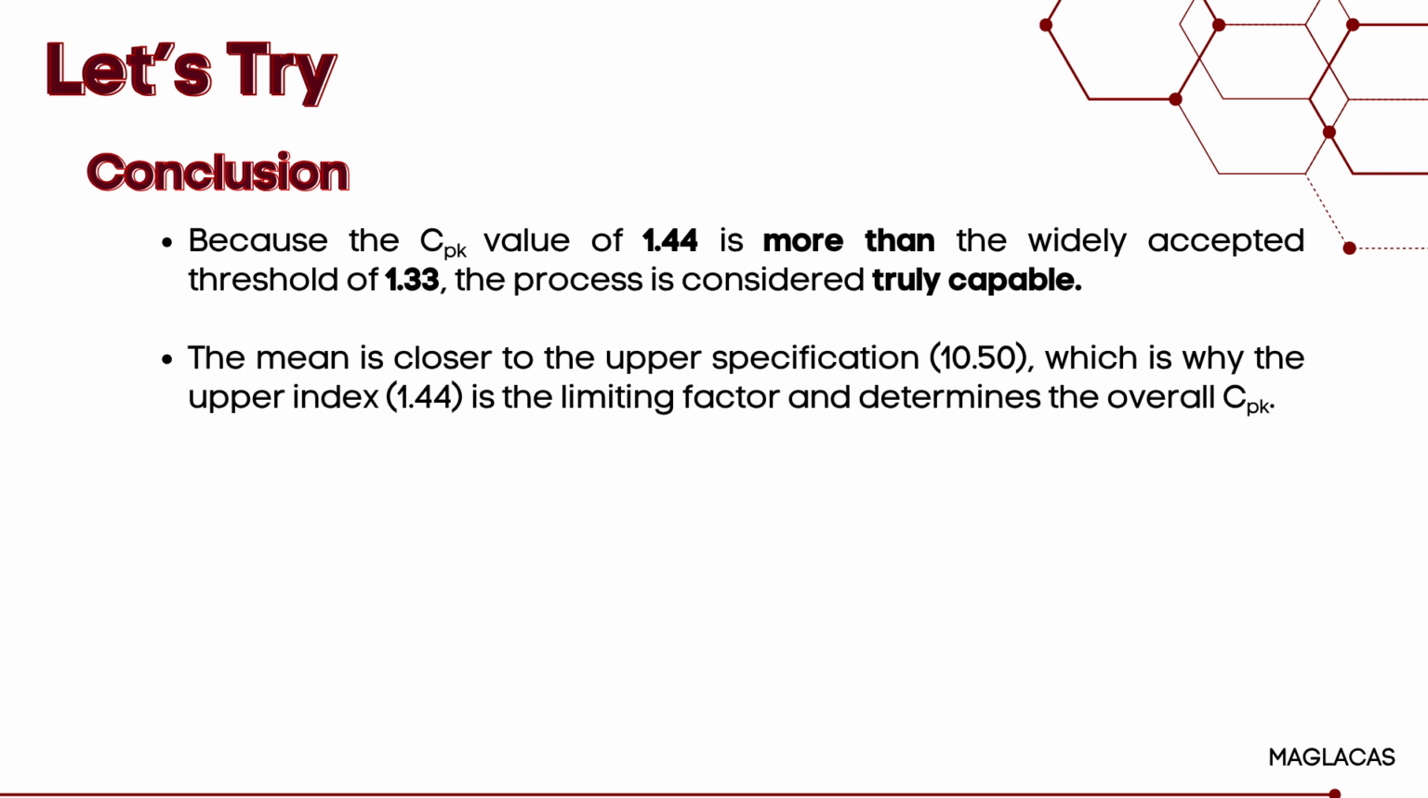truly capable. And since the mean is closer to the upper specification, this is the reason why the upper index of 1.44 is the limiting factor and determines the overall Cpk. Now passing the cue to my partner Luna,